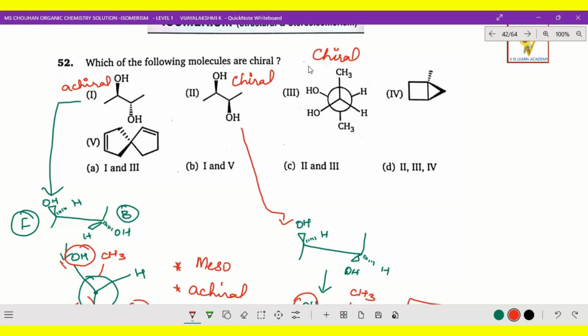Chiral molecules. There is no difference, both are similar only. Okay, now next one. In this compound, we cut it to check whether it is symmetrical. From here it is symmetrical, but when you come to that edge, the thickness is more, so that means it is above the plane.